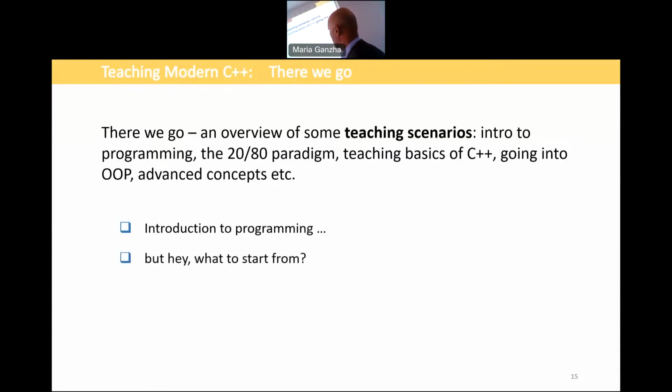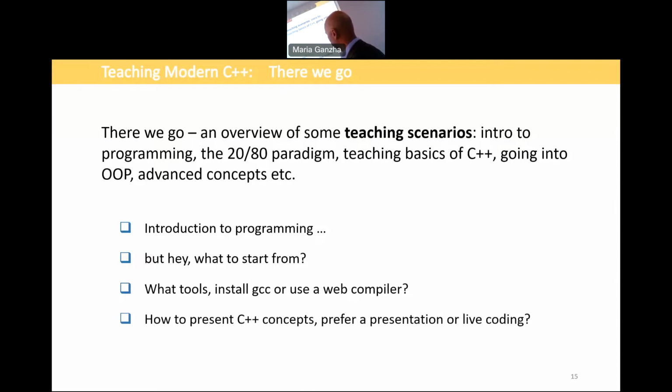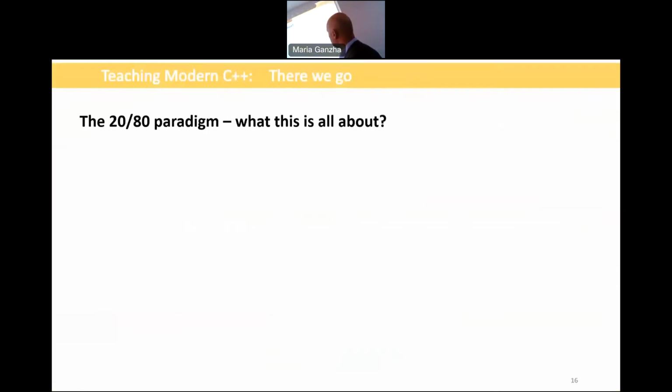The question is what to start from, what tools, what web compilers, or just use Linux. These are also important questions. But before that, let's jump to this 80/20 methodology.